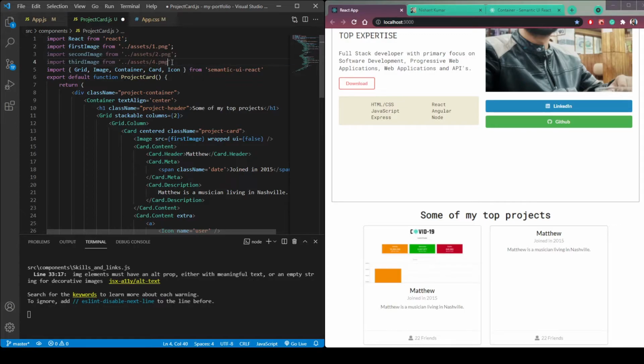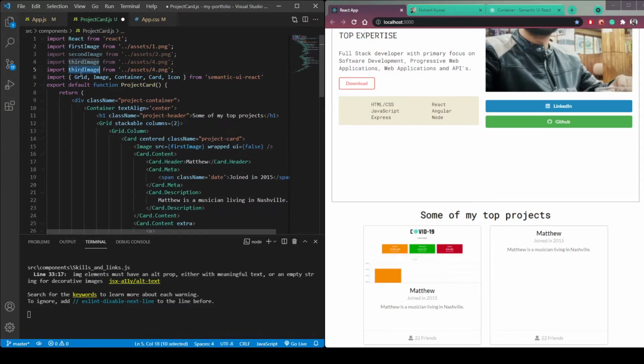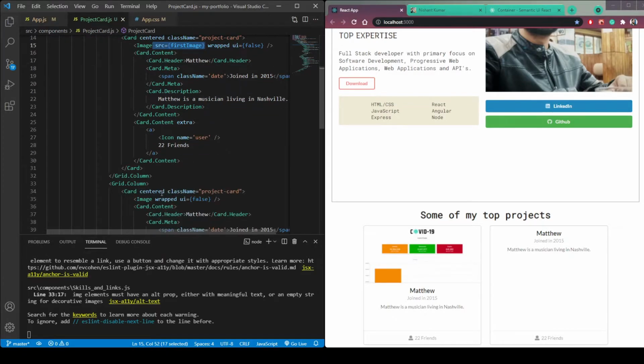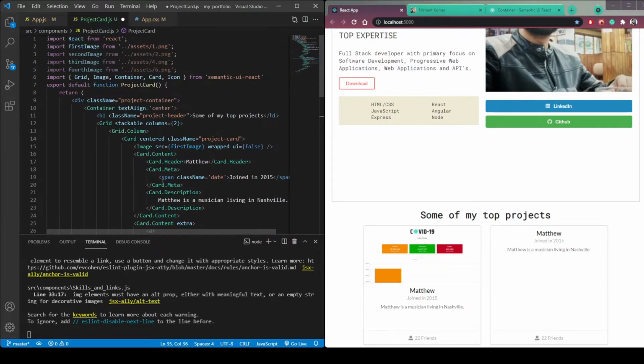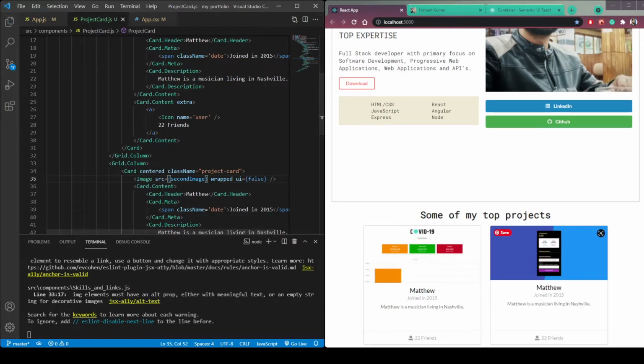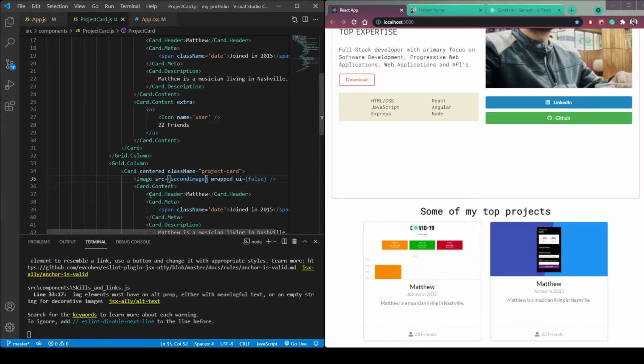Then let's use 4.png, and we will need one more, which is fourth image, from 6.png. Copy this src from image and then paste it in this image wrapper, sorry, image tag. Then make it second, and now you can see our second image in the card is here.